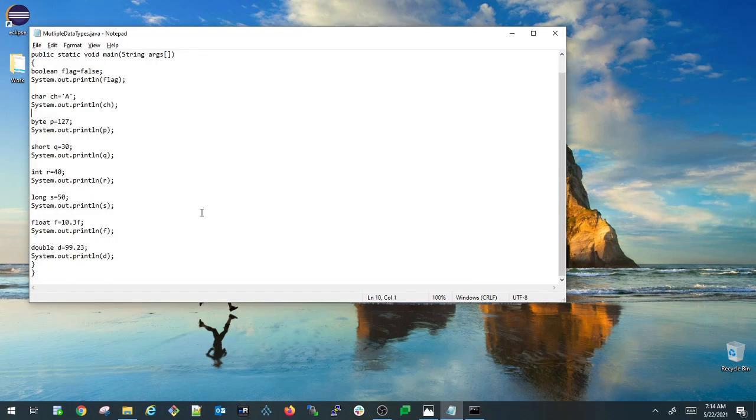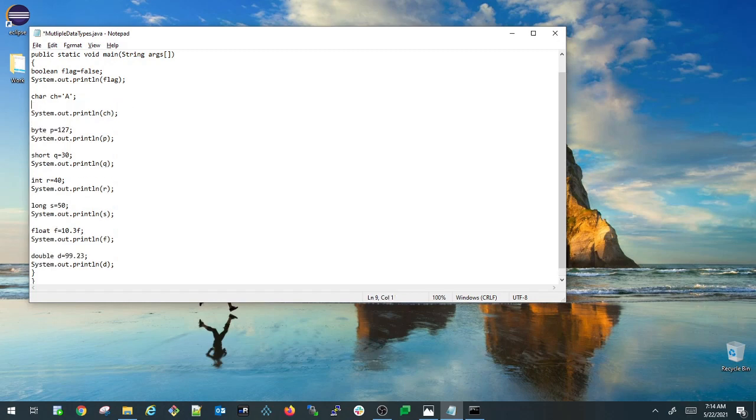Now let us look at casting. Here I'm converting my char variable ch from char type to int type.